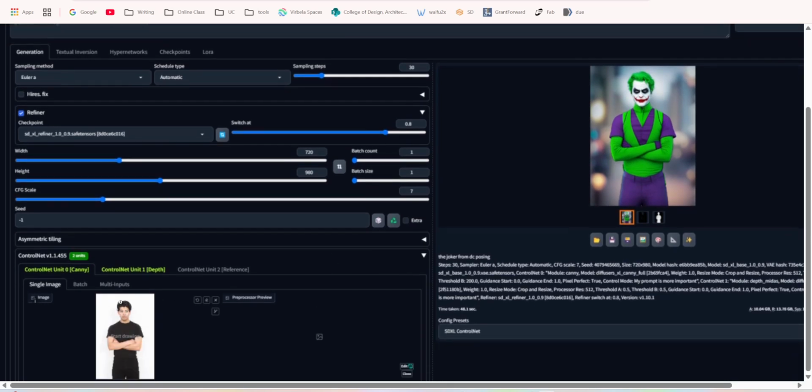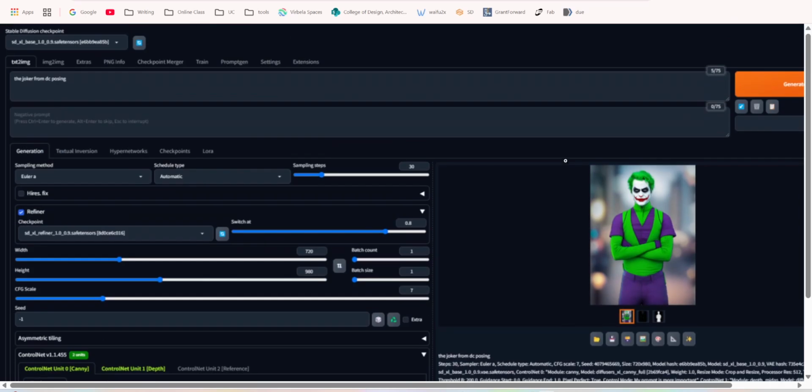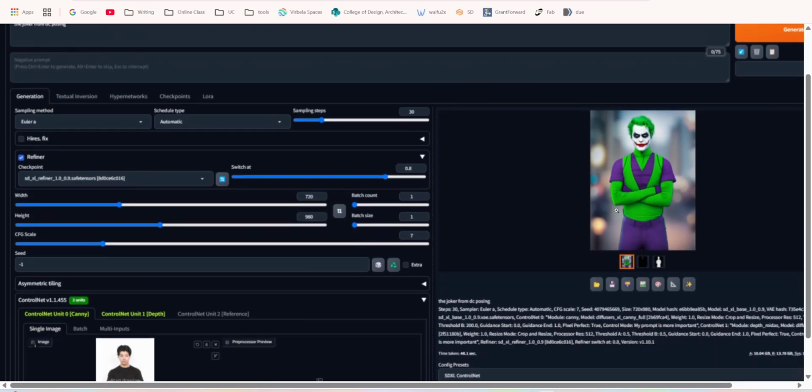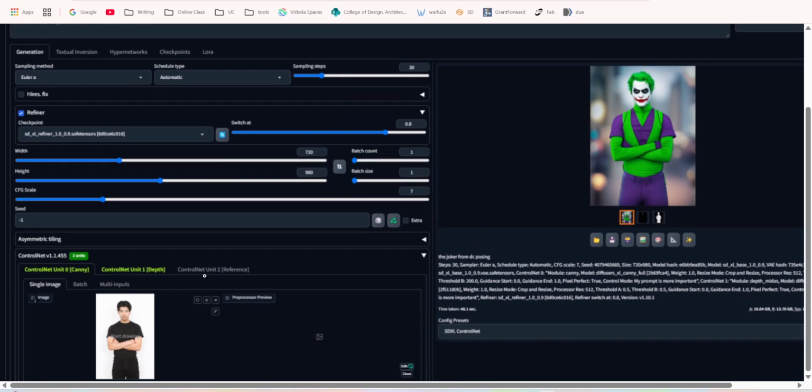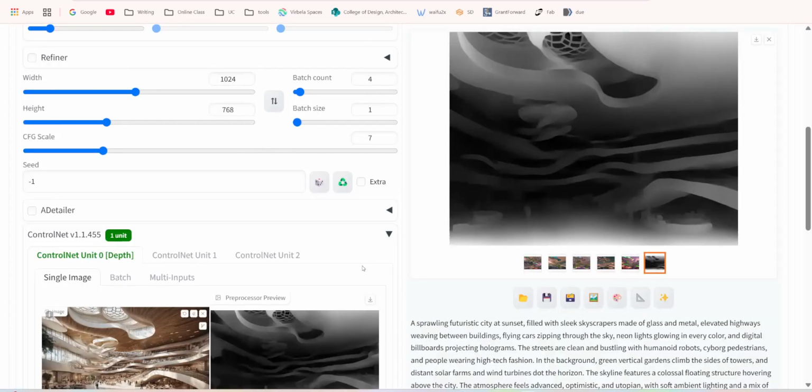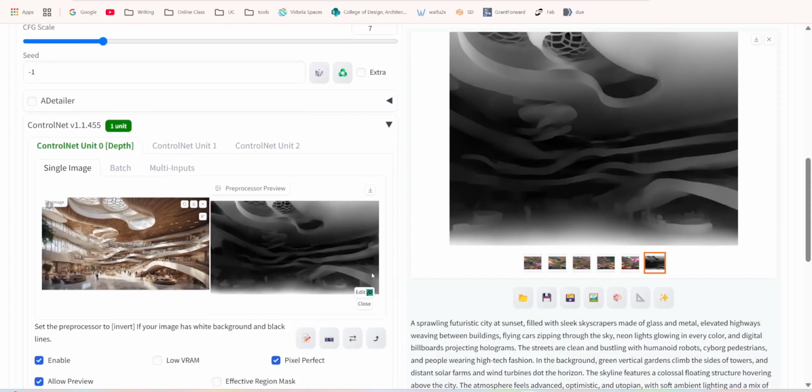For example, you can see this input image provides the depths, and also you can do the pose, and then this can guide the generation of Joker. So the Joker will have exactly the same pose as the input image. We will use a similar approach here in Stable Diffusion, and I will use